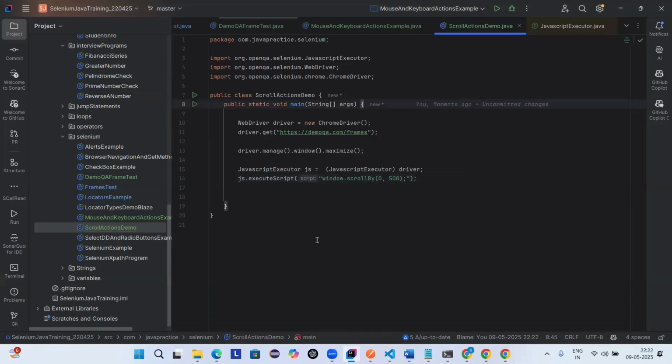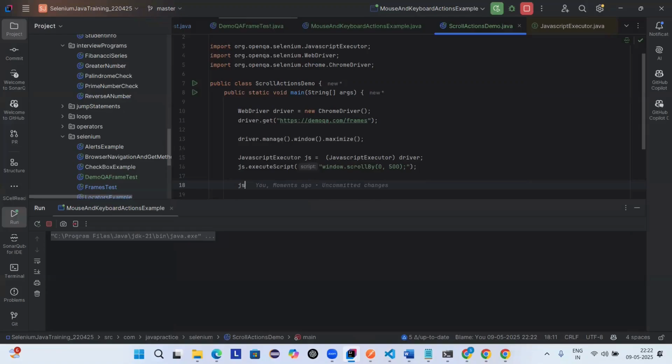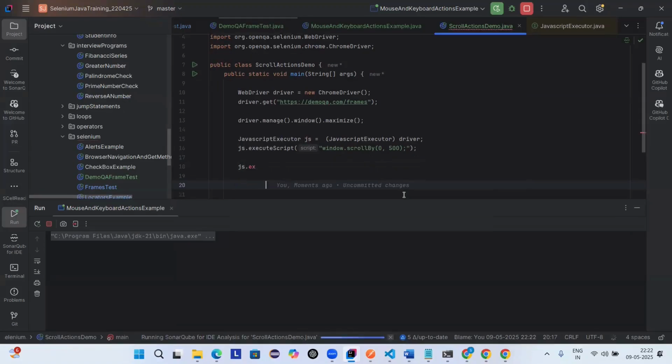Okay, so what exactly did we do? We just executed the script taking help of JavaScript executor. Now when I run this, you can notice it is getting scrolled down. Meanwhile I will also write code to scroll up. To scroll up, what we need to do? You need to use js.executeScript. The same thing you're going to write, but instead of a positive value,